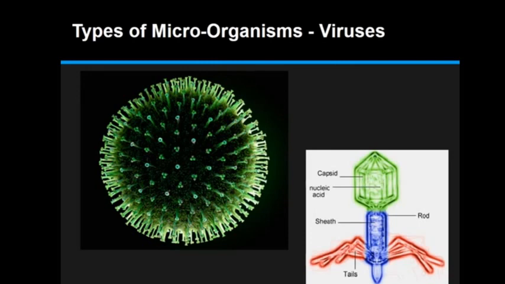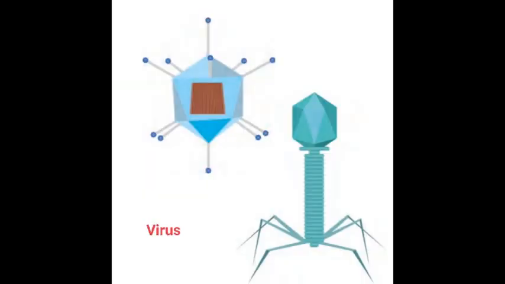Lastly, let us see how the microorganism called virus looks. This is how a virus looks. It has to have a host so that it could stick to them and then reproduce and regenerate itself so that it could thrive there. That is why the viruses have such thorny things, so that they could stick to other living organisms. This is how a virus looks in a two-dimensional figure.